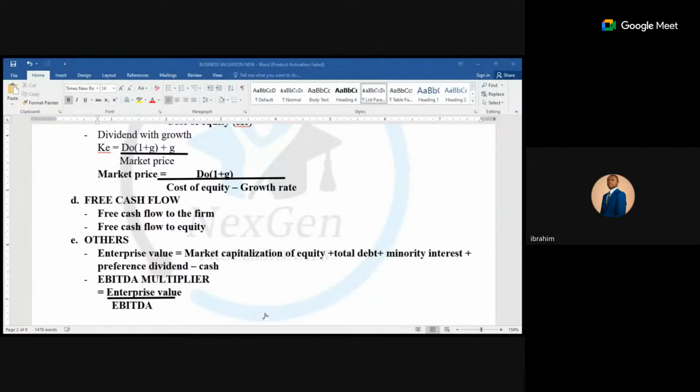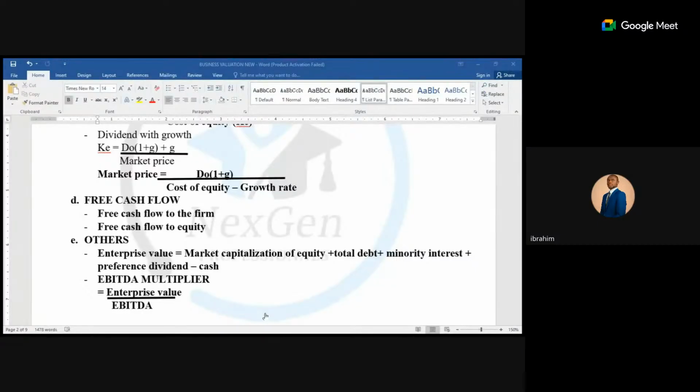Right. Now there is discounted cash flow. If they say something is discounted, it makes use of cash flow. It does not make use of accounting profit. You need to discount it. It makes use of what, class? Discounted cash flow. You can ignore this free cash flow to the firm and